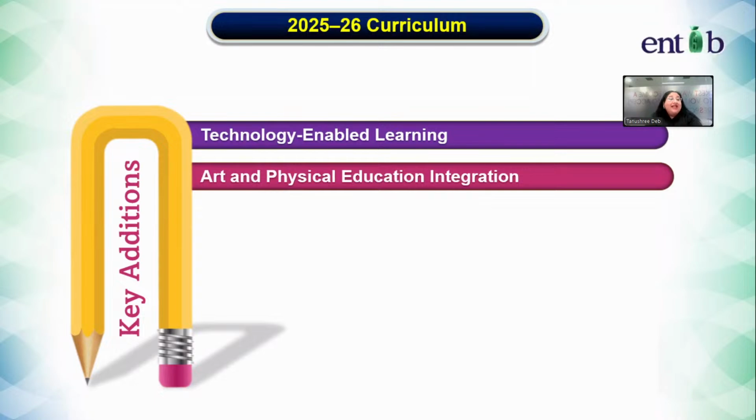So we have to plan certain activities which will promote art integration and physical education. That means the study of core subjects like maths, science, and social science should be well integrated with art. It can be both performing art and fine art. It can be in terms of physical education, but we have to integrate the same with our curriculum structure.